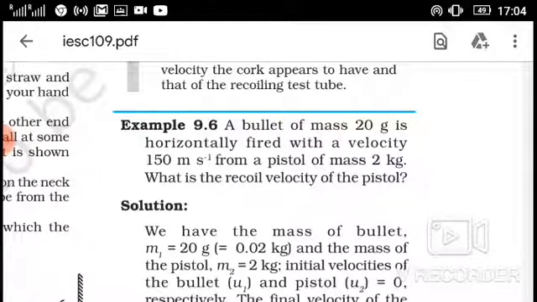गुड मॉर्निंग स्टूडेंट्स। आज हम इस वीडियो में एग्जाम्पल 9.6, एग्जाम्पल 9.7 एंड 9.8, ओके ये 3 एग्जाम्पल्स हम डिस्कस करेंगे। तो स्टार्ट करते हैं विद एग्जाम्पल 9.6 and in these 3 examples we will use the formula m1 u1 plus m2 u2 that is equal to m1 v1 plus m2 v2, कंजर्वेशन ऑफ मोमेंटम।